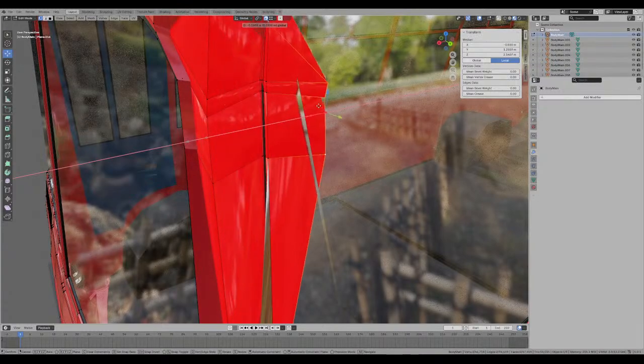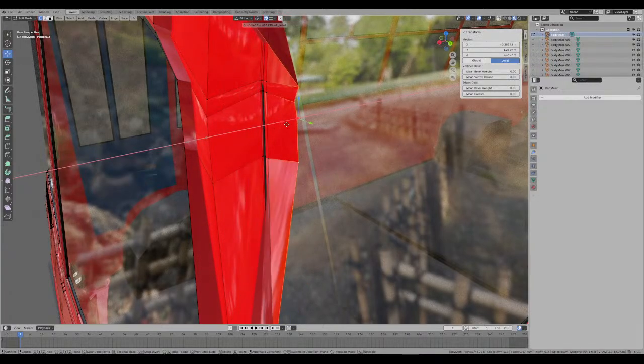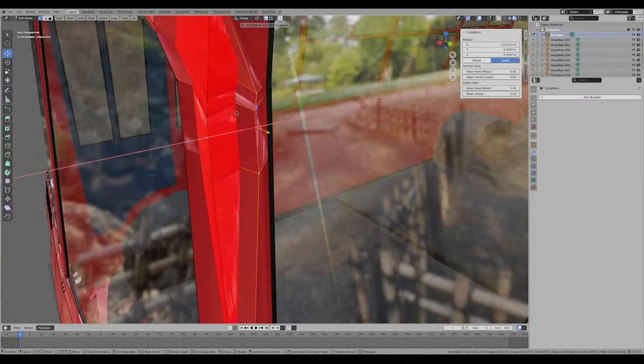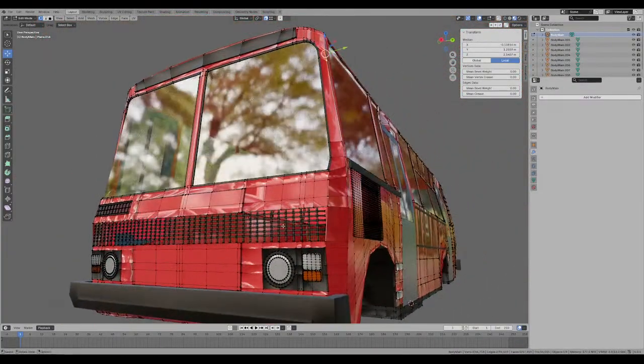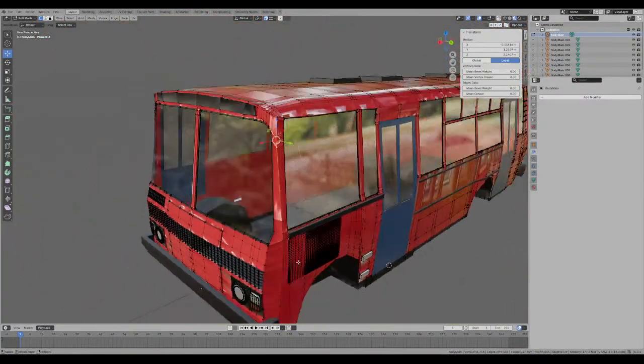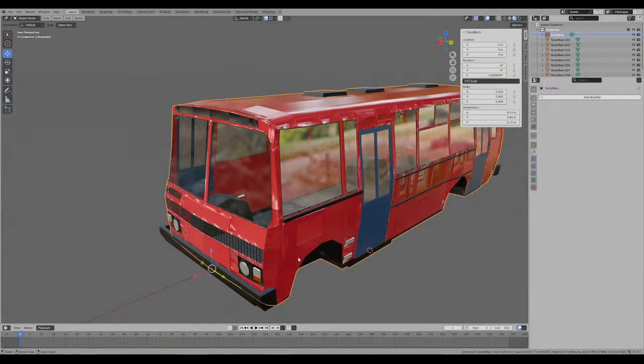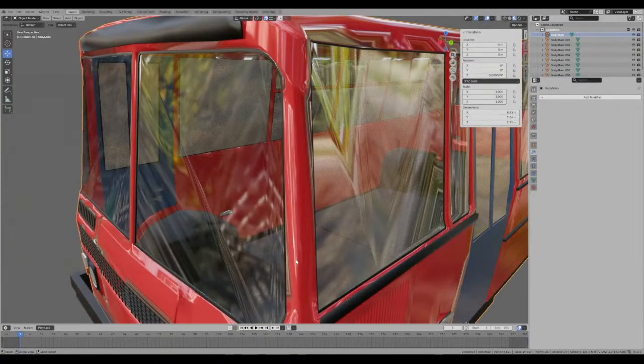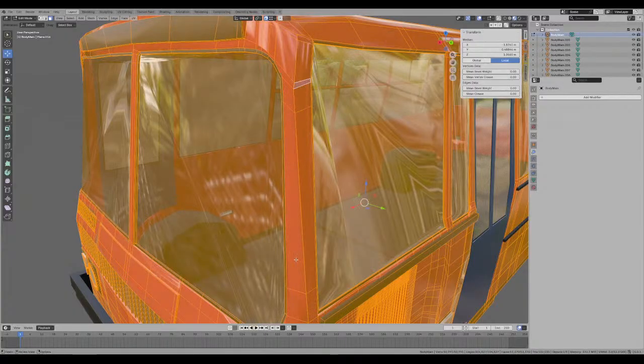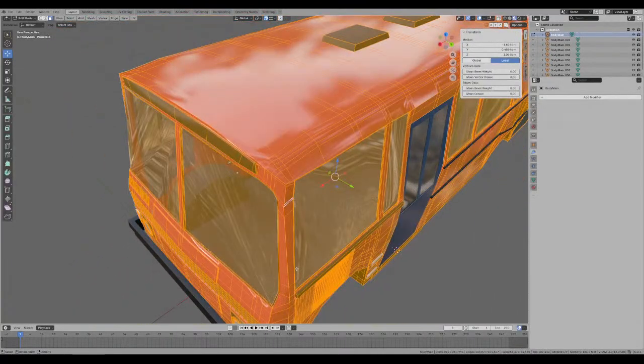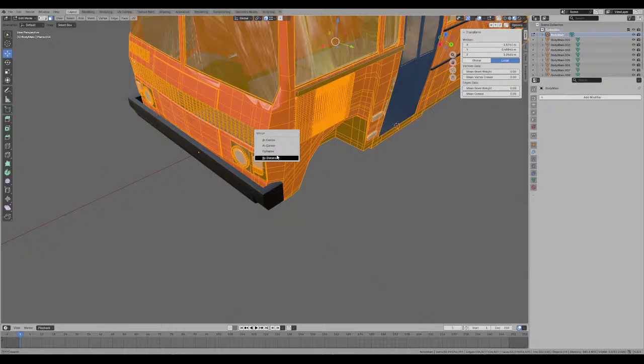But there's still some points in there where they've not merged up because of that solidify modifier. So if we undo that, we'll do merge by distance again and see if